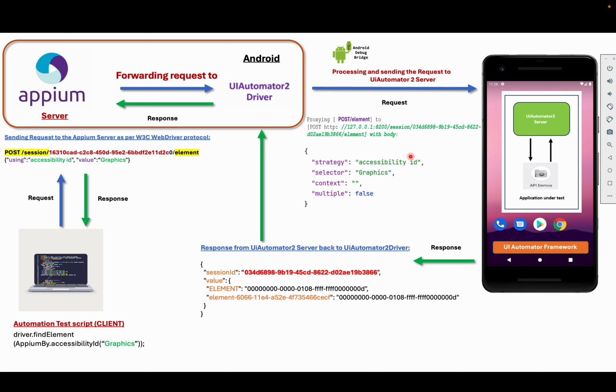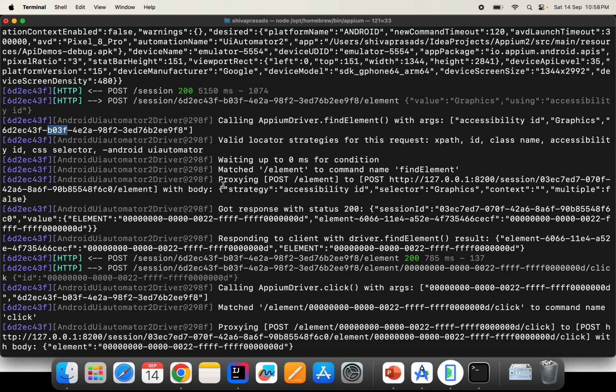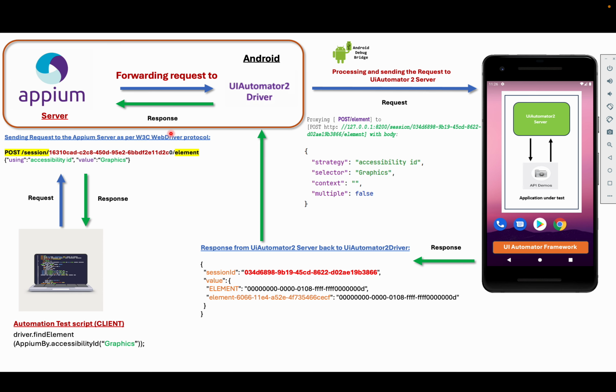But there is one important thing we need to notice here that I'll show first. So now UI Automator 2 driver is calling the find element with the graphics and this session ID. Now it is proxying that request to UI Automator 2 server like this. That means it is converting this high level request to the platform specific request. In this request, we are having only two key value pairs, one with using key and the accessibility ID, and